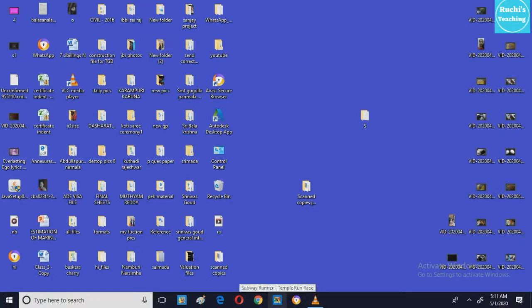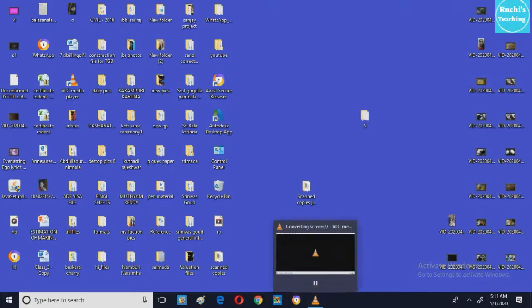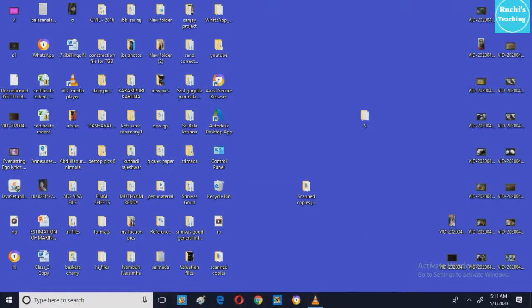Chrome, this is a browser. This is also a game. And this is also one net browser. So like this it will show the software which you want to use frequently. The software is kept or displayed on the bar.